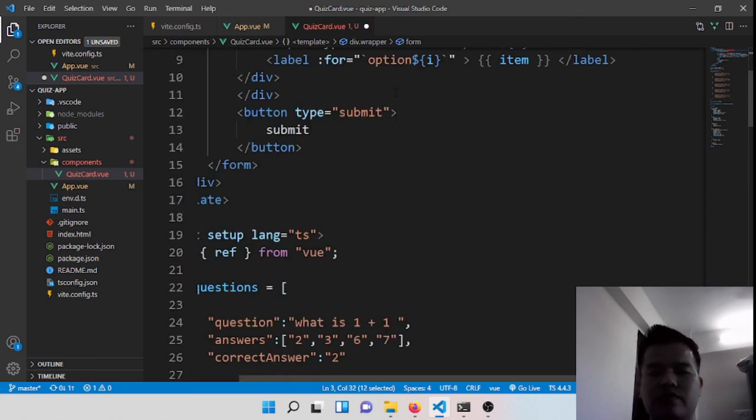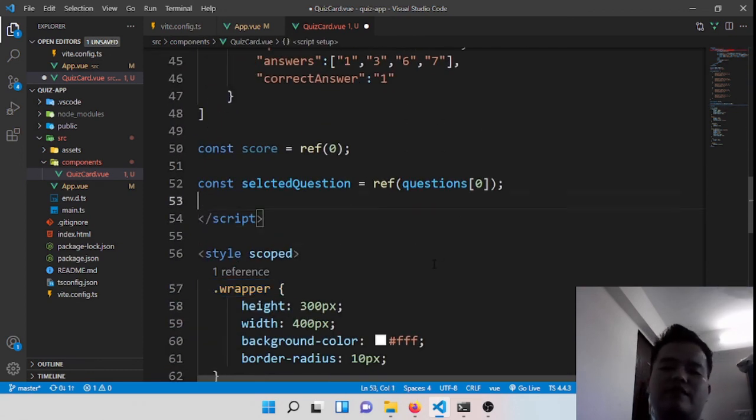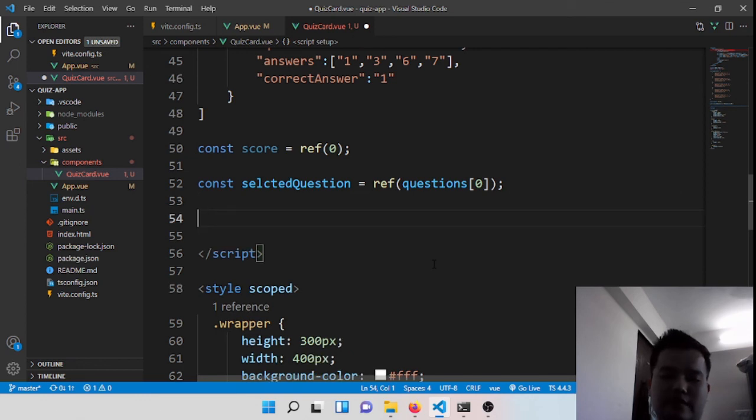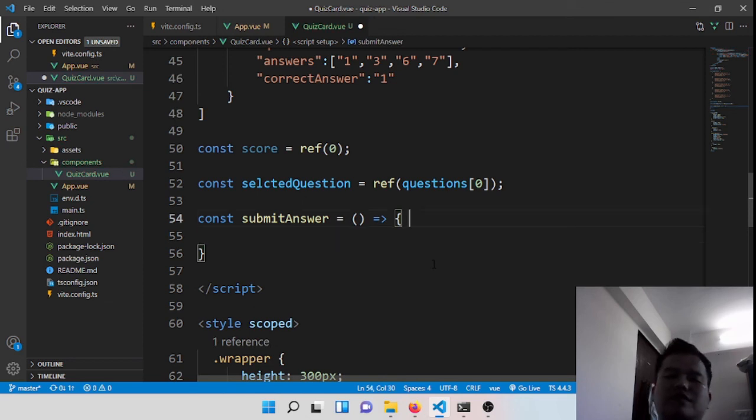So remember, in Vue you can declare the function without ref. It doesn't need to be a ref, because this is a static function which will just submit the answer. Whenever submit answer is hit, we are going to check the selected question,